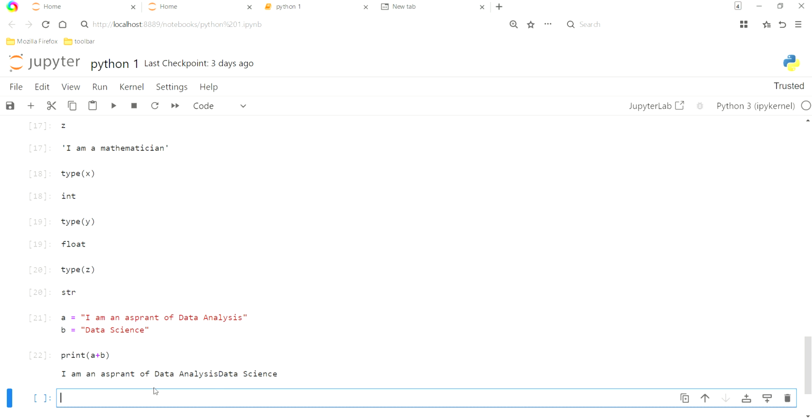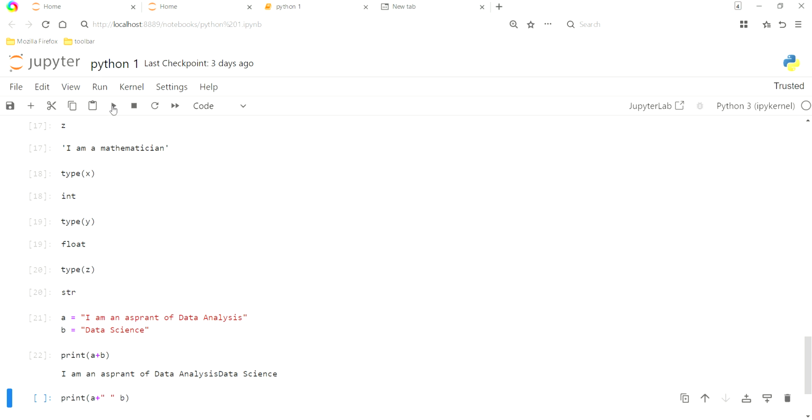So I want to put a space. To put a space, you can see that print a plus, you now put a space in double quotes, then plus b. If you print out this now,